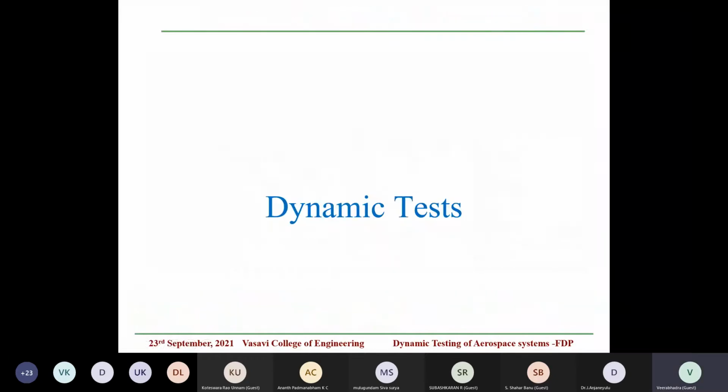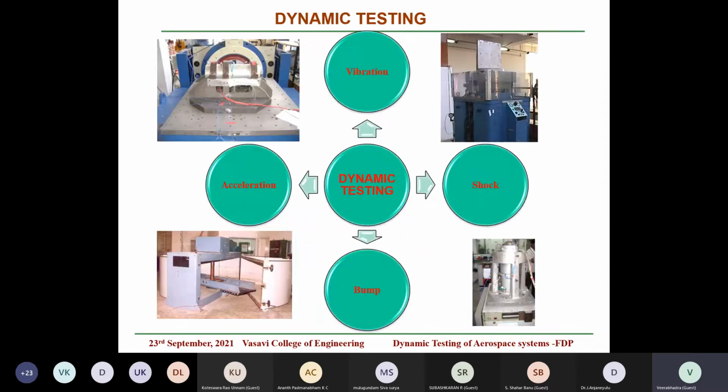Now, as I said, I will be dwelling upon dynamic tests. How do we simulate these dynamic tests? What are the dynamic tests and what equipment is required? For dynamic testing, these are the four tests widely used in the aerospace and defense industry: vibration, followed by shock, bump, and acceleration. As I said, vibration and shock are due to operation, that is the actual environment. Bump is the road transportation condition, and acceleration is the flight condition. Simulating each of these tests requires different equipment, and I'll explain what equipment we need and how to use it. So first, let us see vibration.